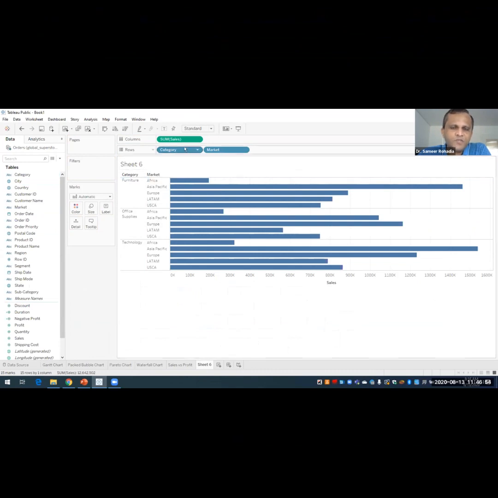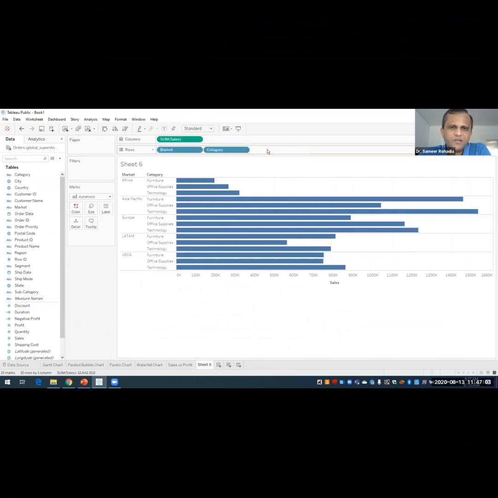I can also reverse it. I can put the market first and then the category. So I just drag this category and put it after the market. So now it is changed. Now first I have the market and then the category. This looks a little bit better. So market and category are in the rows and then we have the sum of sales.